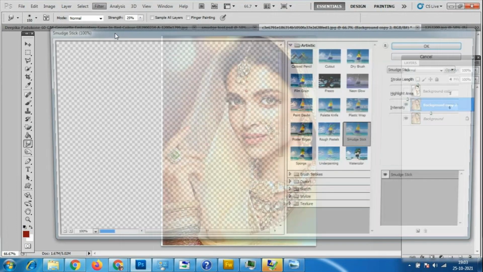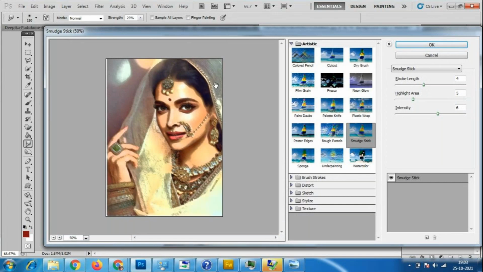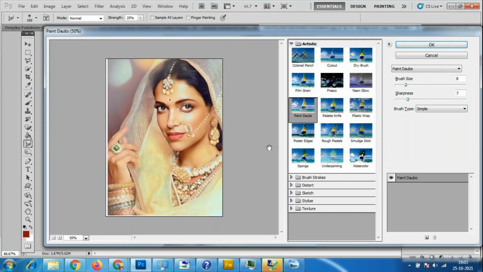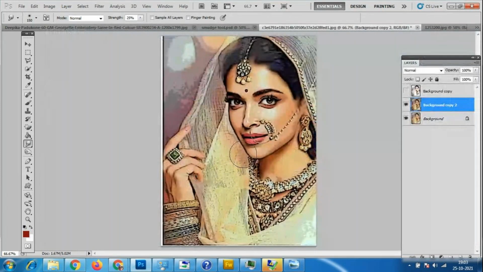If you use the Filter Gallery directly, you will get some other effect, not exactly the painting effect. So here we can use Poster Edges, and on that we can use the smudge tool. Just reduce the brush size and use the smudge tool.